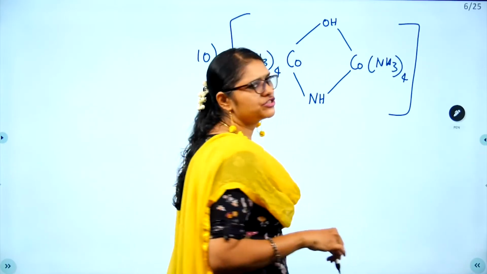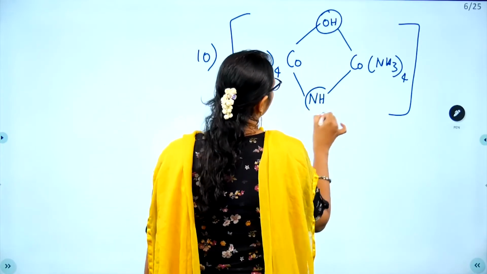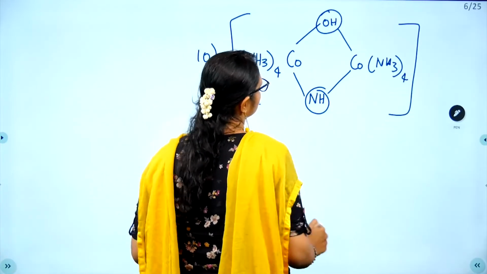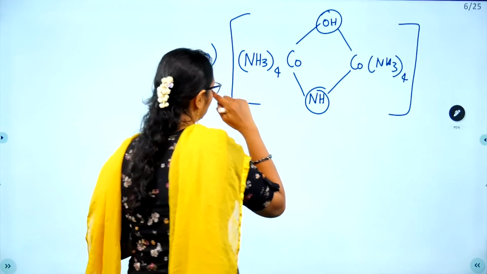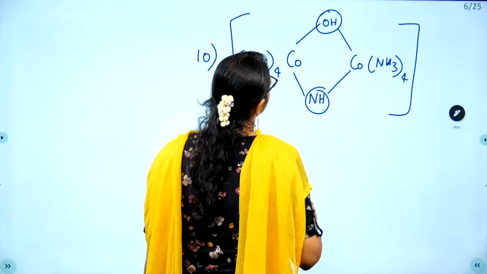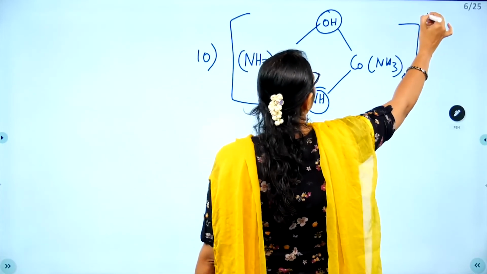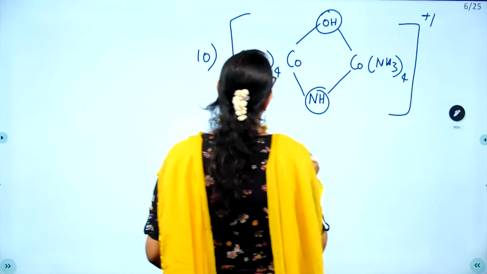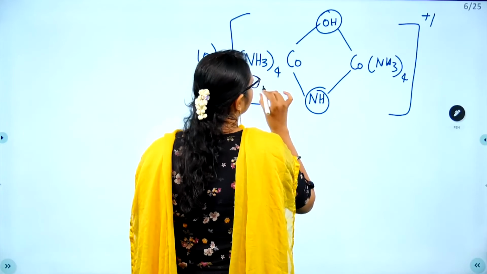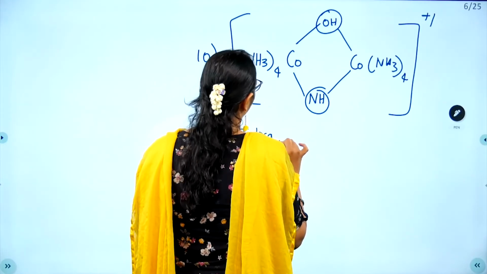This is called a bridging ligand, okay. These are the ligands called bridging ligands, which connect the two sides, okay. So, this is called what? Bridging ligand. So, how to name this? Let us see. Okay. So, tetra amine